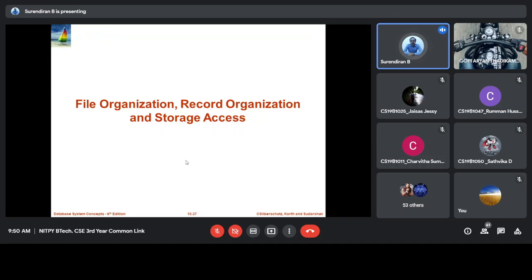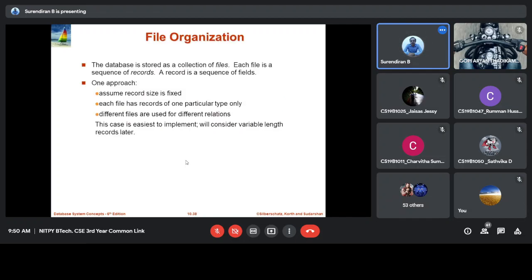So further we have parameterization methods. Here the database is stored as a collection of files. Each file is a sequence of records. Records are sequences of fields.